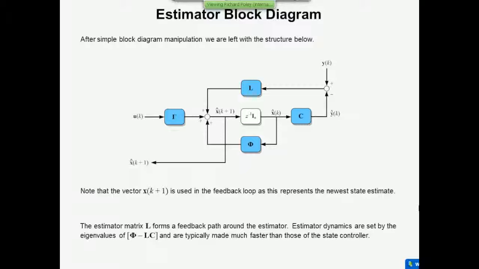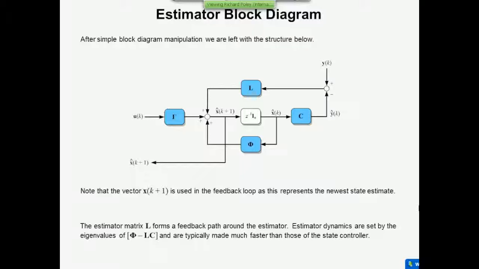So this, then, is the matrix that determines the eigenvalues of the estimator. And you can put them anywhere you like. We're no longer constrained in our choice of the estimator eigenvalues by having to keep the control effort within limits or by worrying about saturation. It's numerical considerations, mainly, that constrain L. And therefore, you can make these estimator eigenvalues as fast as you like, almost, and you typically put them much further to the left, or, since it's a discrete time system, much closer to the origin of the complex plane than those of the controller.